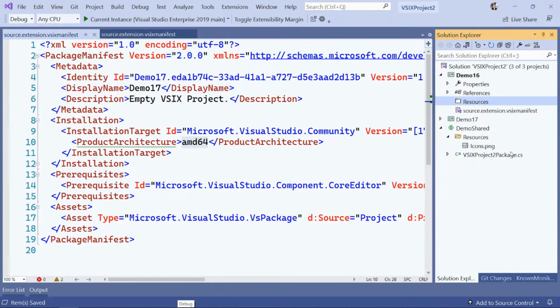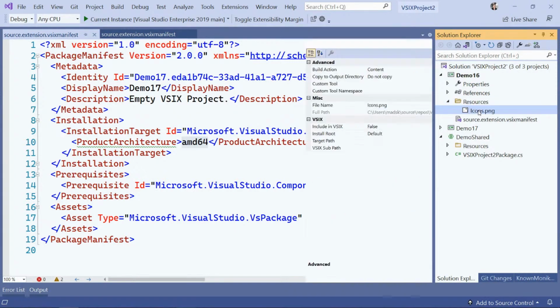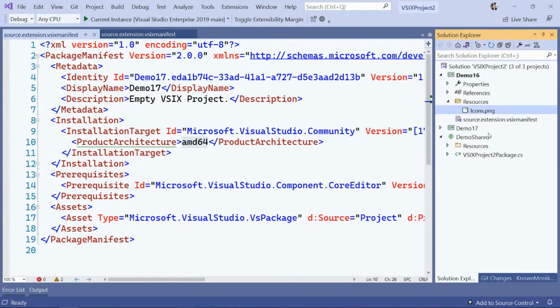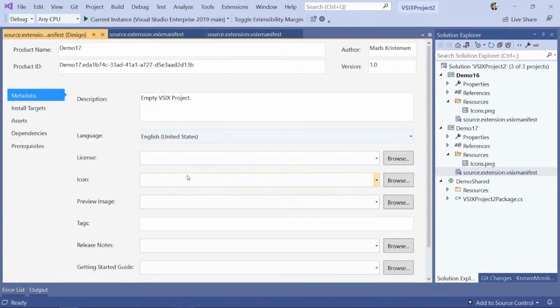Maybe you have different icons. Maybe one is an icon for your 2022, and one is an icon for something else. All right, 19 or whatever. So we'll just take this and copy it into 17. And so in 17 we can do the same thing.